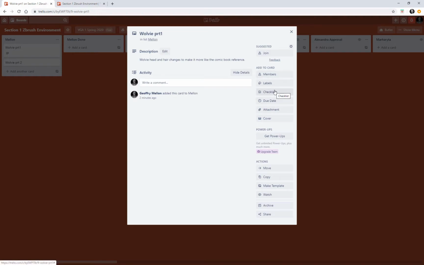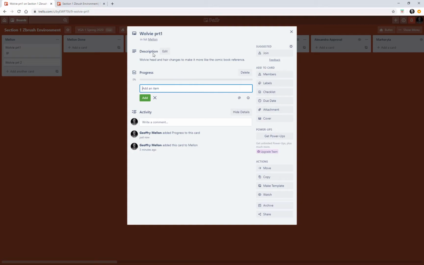This is not always the way people do it. There's other ways of using this checklist, but we're going to use it in a little bit different way. This way we kind of get control over everything we're doing. So we're going to call this checklist progress. And this is only the progress in this part of the homework, or this section of the homework that you have. And in here, you're going to say add an item, and you're going to add in, like, say, Wolvie hair,